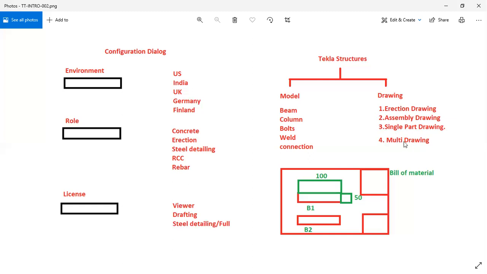And then we have the multi drawing, a combination where you can see there are two assemblies listed here. So we are clubbing two assembly drawings in one multi drawing, right? With that we get one more type of drawing, called the multi drawing. It is derived from the assembly drawing.